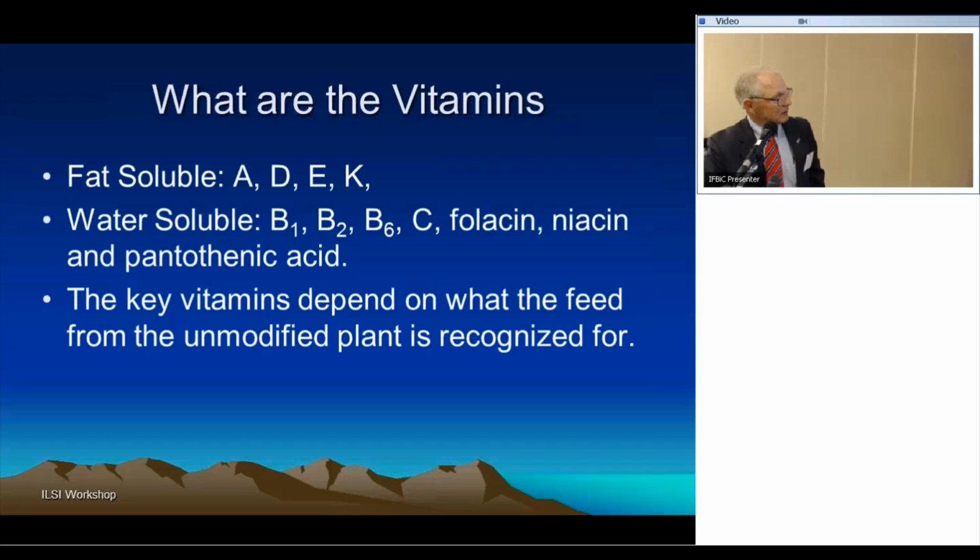And again, the key vitamins are dependent on the feed from the unmodified plant, what the unmodified plant is recognized for. But in animal nutrition, it's common to add these vitamins, particularly with the ruminant, and with the non-ruminants, you're concerned about some of the water-soluble vitamins, and they're also added to the diet. So,